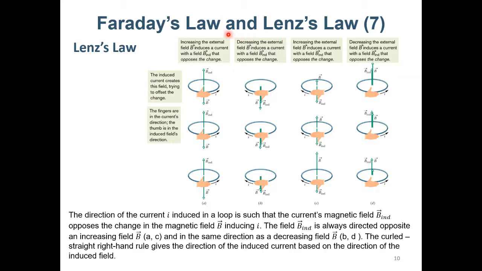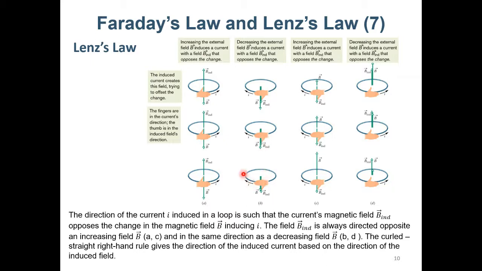Now we try to decrease the external field B, which means the magnetic flux pointing downward will be decreasing. So in this case, it is decreasing. So this loop will try to generate a magnetic field, trying to offset this change, because it's trying to reduce. It will try to generate a B field pointing downward. In this case, when it is decreasing,